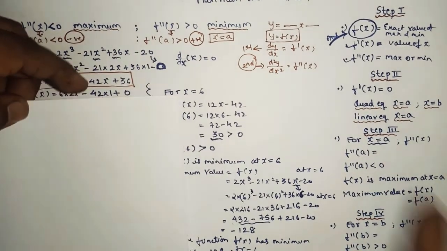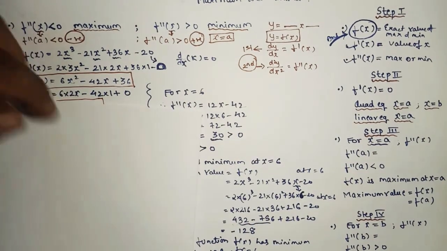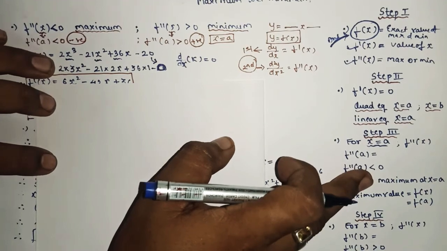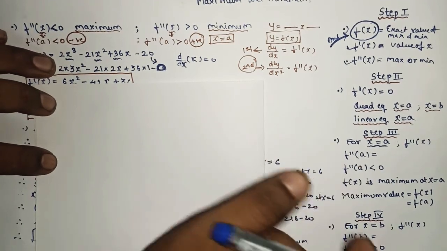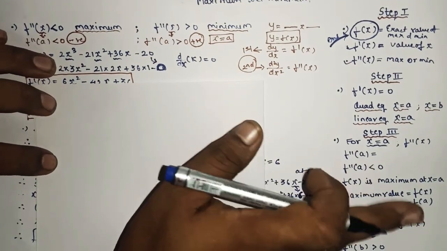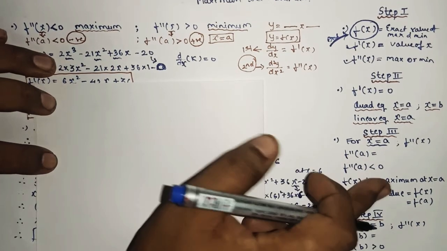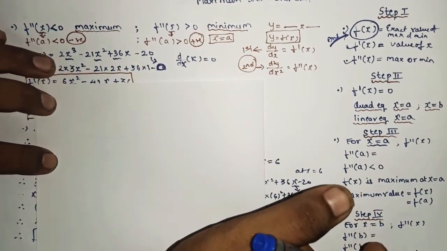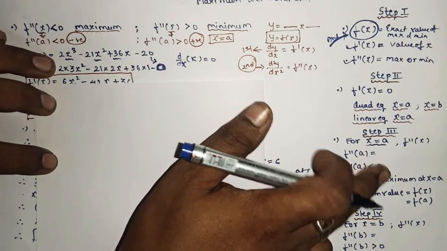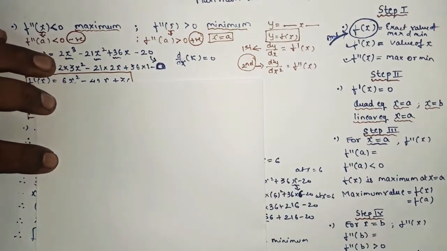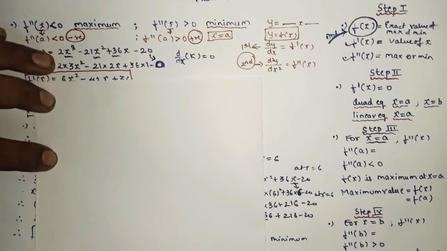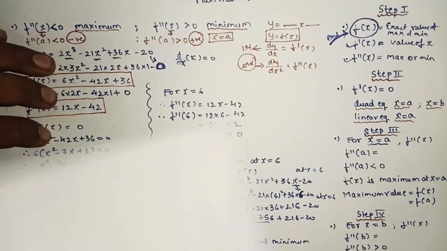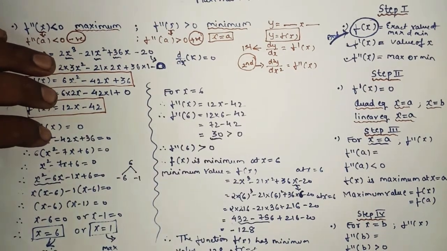So now, the last step, as I told, it is not compulsory that in step number 3 you will get maxima. Sometimes in step number 3 you will get minima also. It is vice versa. Sometimes in step number 3 you will get maxima and in step number 4 minima, or sometimes in step number 3 minima and in step number 4 maxima. It depends on the values which we got. So here we got x equal to 6 and x equal to 1. So at x equal to 6 clearly we can see that the function is minima.